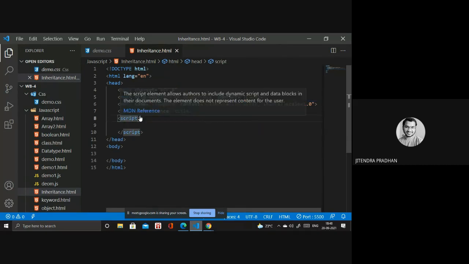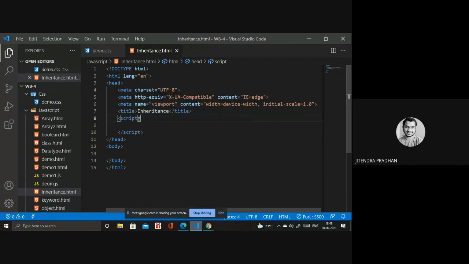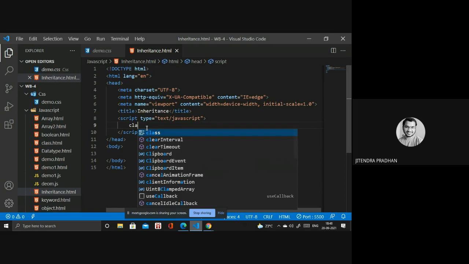Inside you have to write the mime type, JavaScript. Then next, we declare the class now.